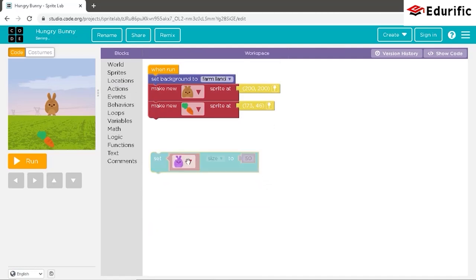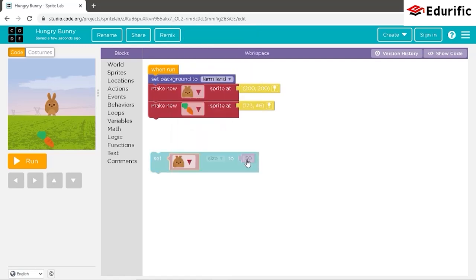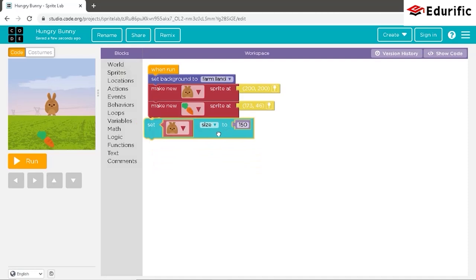Here, we will be changing it to the brown bunny since that is the sprite we have taken, and we will be changing the size to about 150. And now we will be assembling this command with the rest of the command. If you observe, the size of the bunny has now increased.